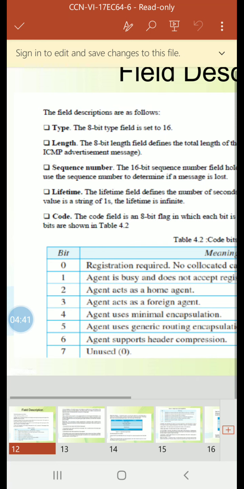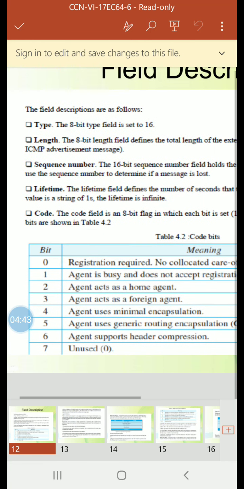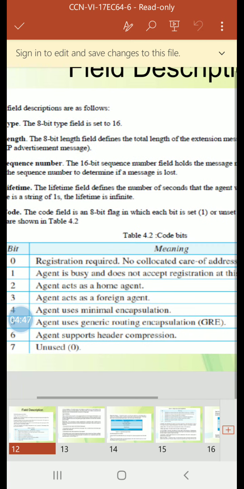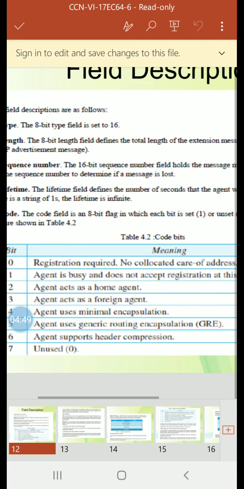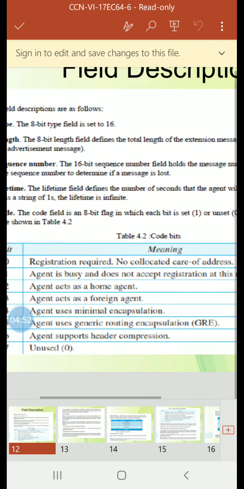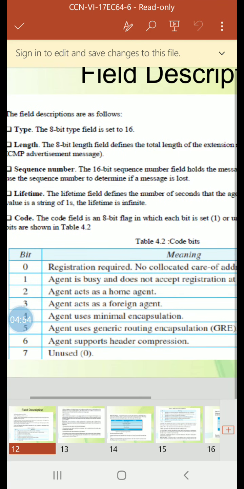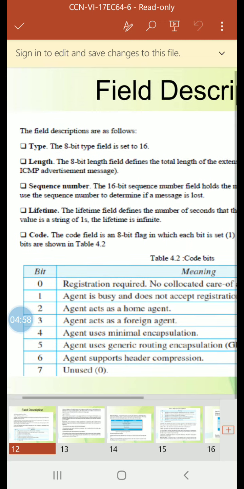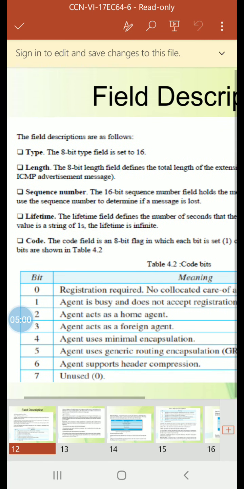Bit 3: agent acts as a foreign agent. Bit 4: agent uses minimal encapsulation. Bit 5: agent uses generic routing encapsulation, GRE. Bit 6: agent supports header compression. Bit 7: unused.